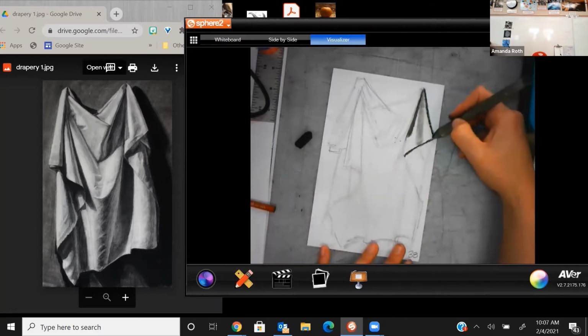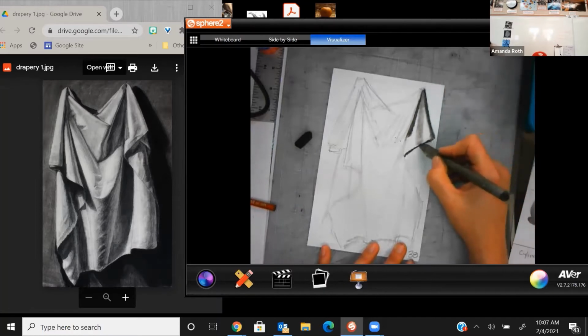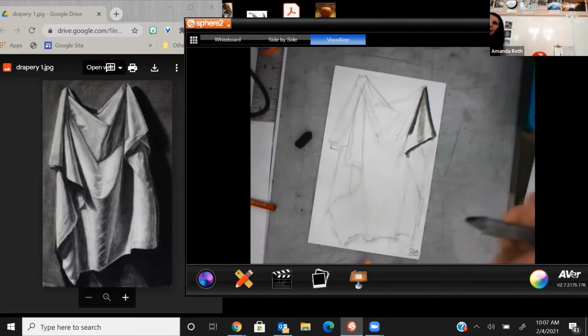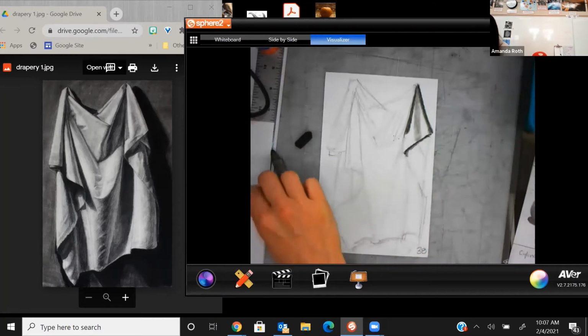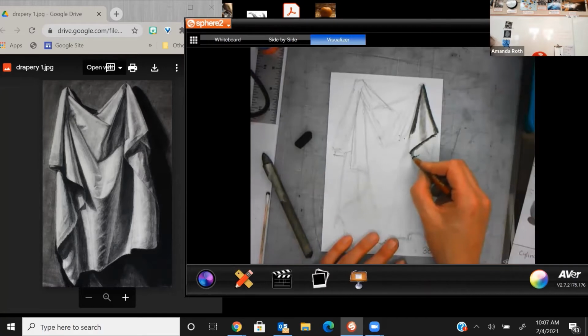Okay, so I'm going in and I'm adding value and I'm now using my blending stump. You can use a Q-tip, you use your finger, whatever. And right in the beginning, yes, it doesn't look like anything. Why? Because I have black on white paper. I have nothing else going on. So as I start to add values, it's gonna start to come together, okay? And so looking at the photo,